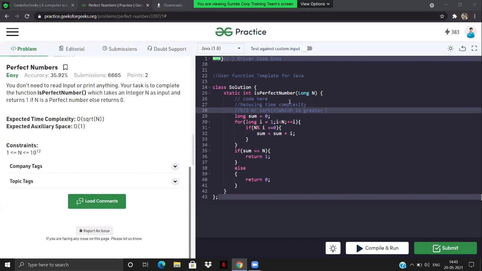Any ideas, guys? Correct. So let's move on to the next solution. Run a loop from 1 to square root of n.